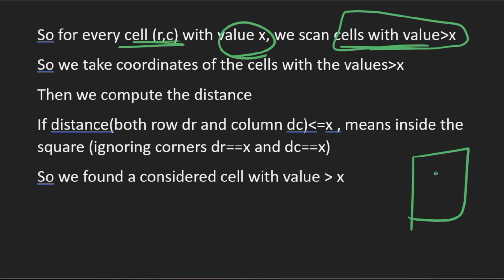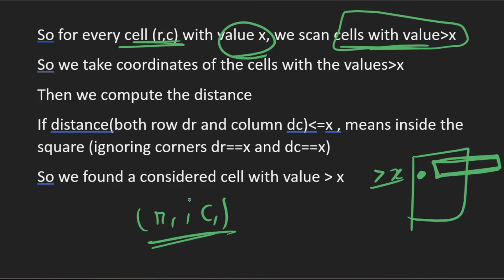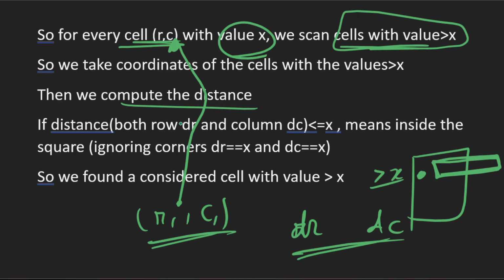We scan the data structure, take the value, and check if it is greater than x. Then we scan all the coordinates stored there. Let's say the stored coordinates are r1 and c1. We find the distance between this coordinate and our current cell r comma c: the row distance, dr, and the column distance. Then we check if the row distance and column distance are both less than or equal to x, that means